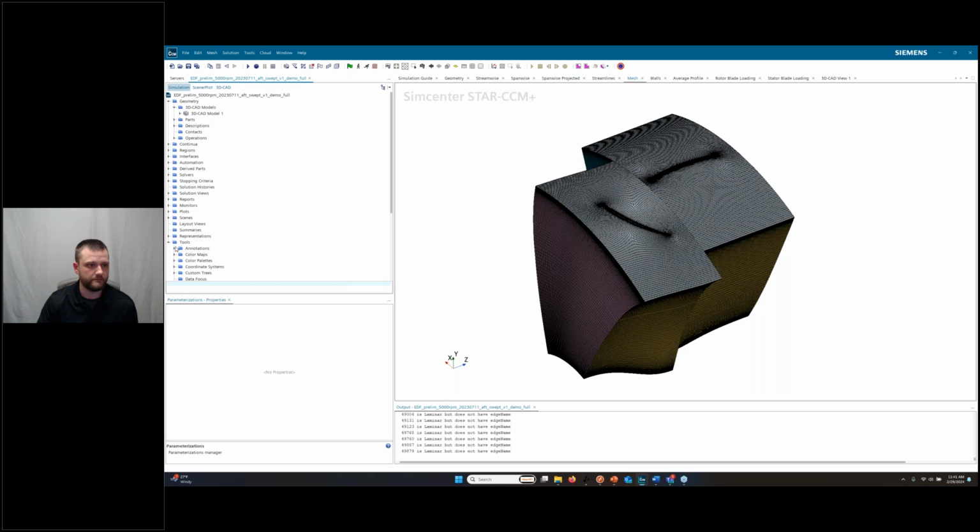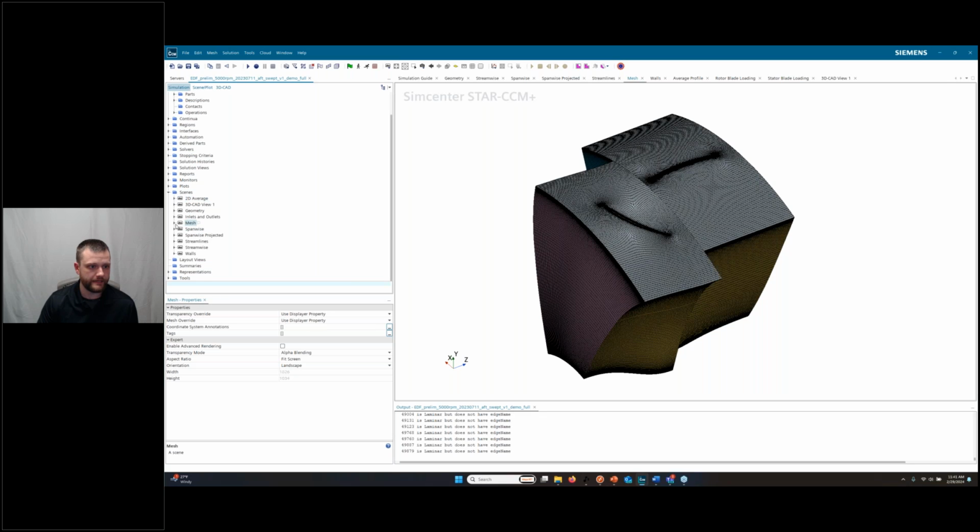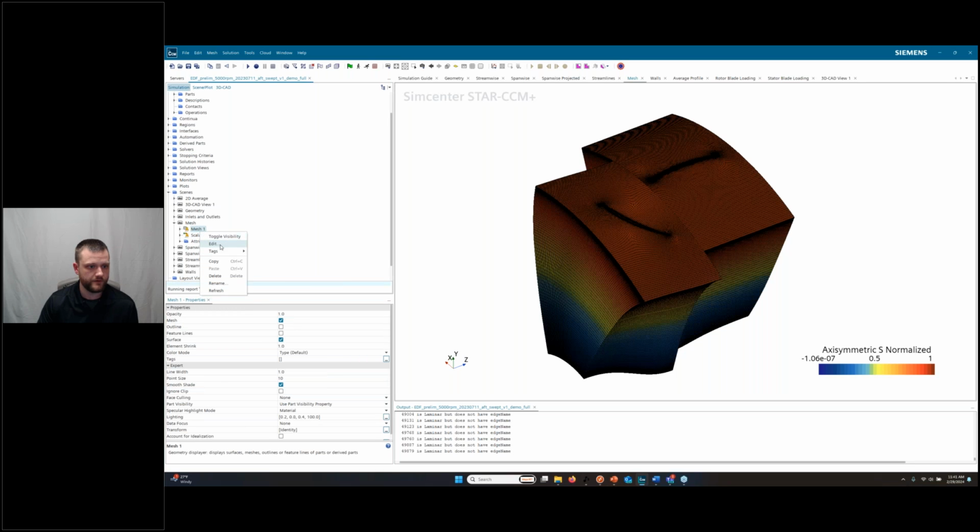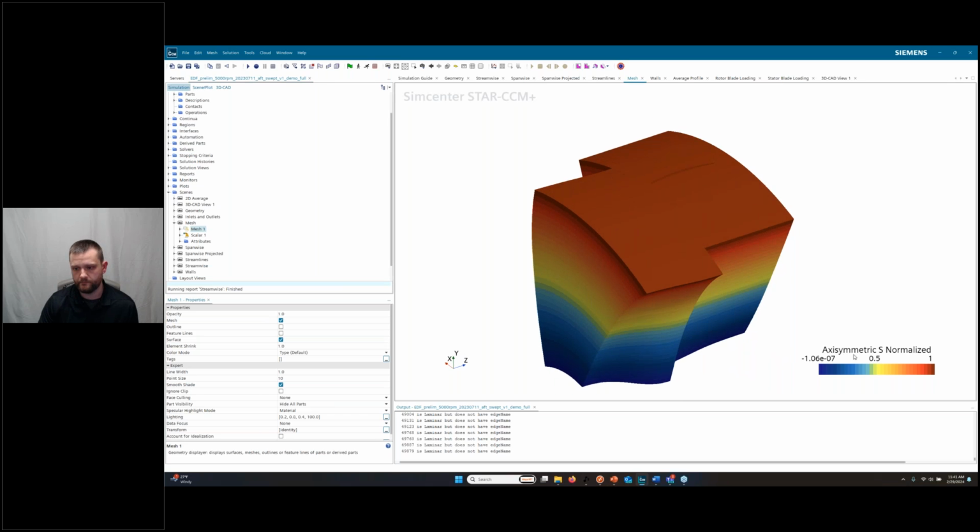And we can see that in this same scene that I just showed, where we can confirm that this normalization is correct because we can view it here, where I'm viewing the axisymmetric span-wise coordinate, which goes from 0 at the hub to 1 at the shroud.